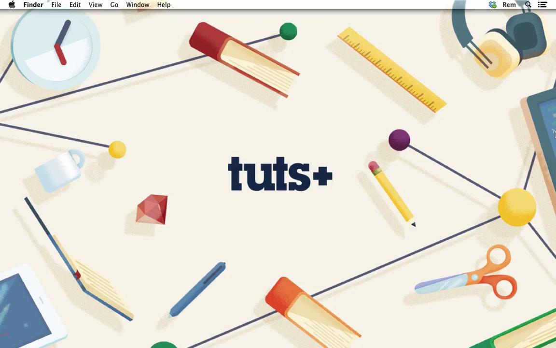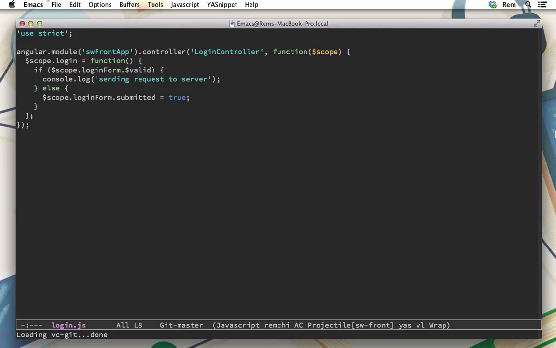Hi, in this episode we'll implement the simplest token authentication functionality. So let's get started. First we need to actually make requests to a server from our login form, because right now we're just making a console log. We can remove these lines from here